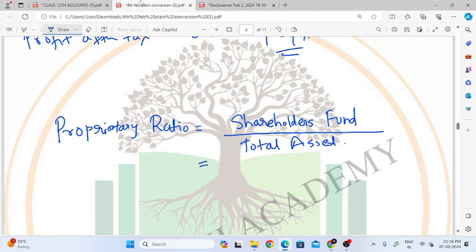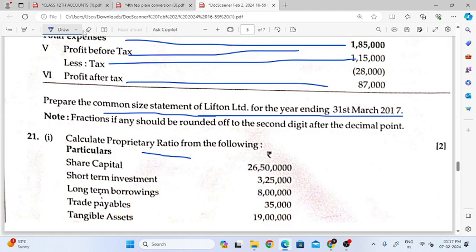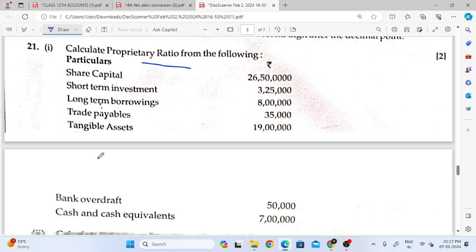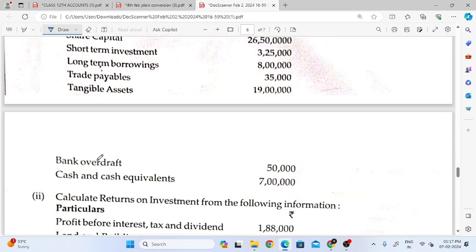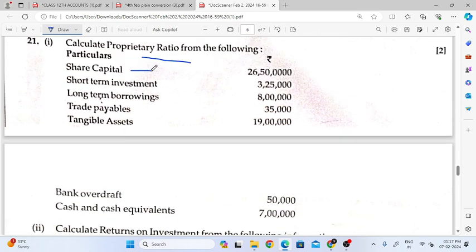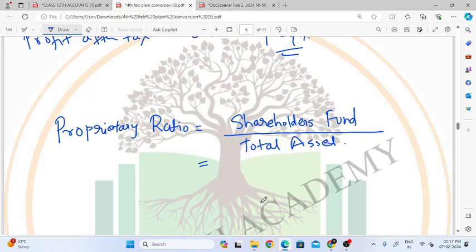So first we have to check how much is the shareholders fund. Here they have given only one, that is share capital. So 26 lakh 265